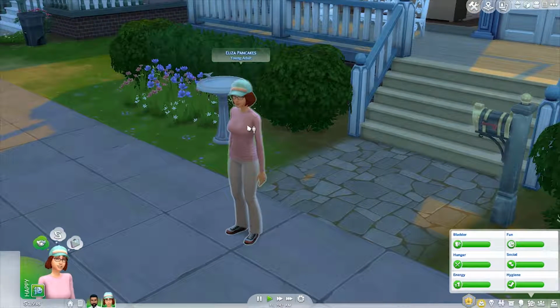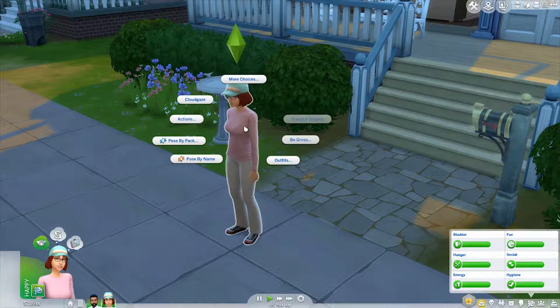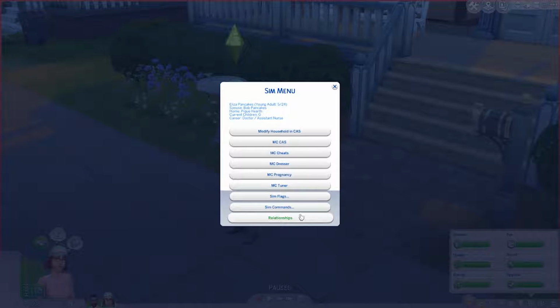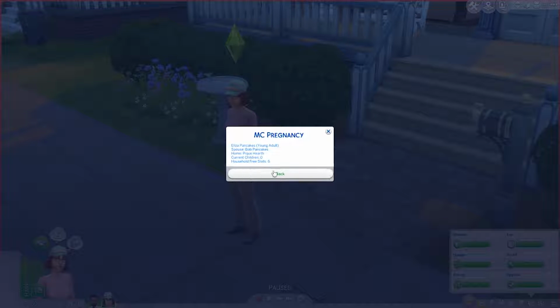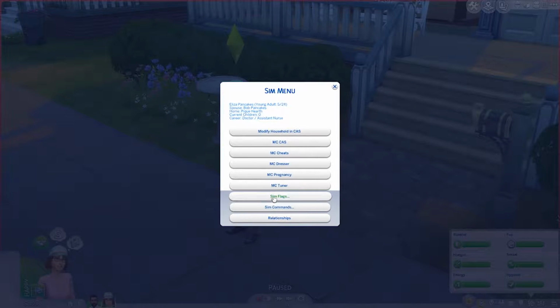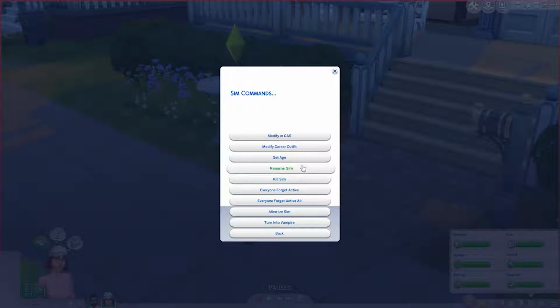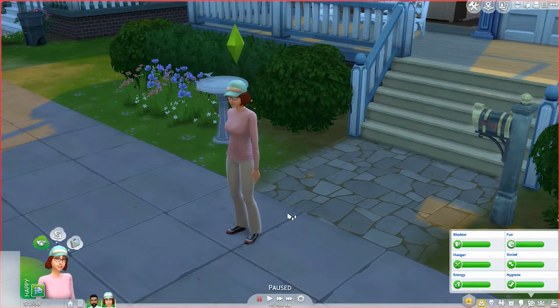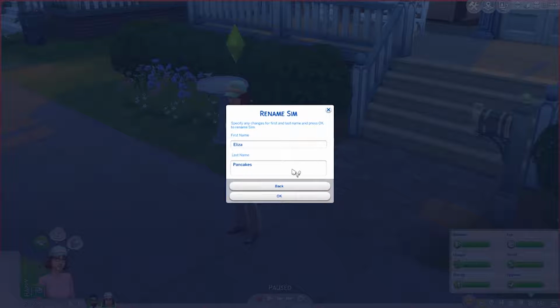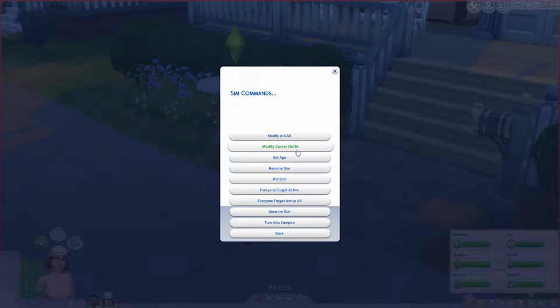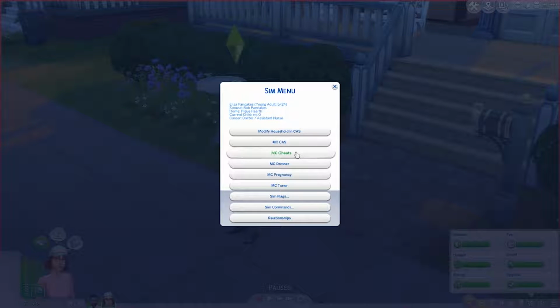What was I saying? Oh yeah, if it's a sim that is able to get pregnant, you can go to MC Command Center, MC pregnancy. That's also how you check if your sim is pregnant. It shows where they live, who their spouse is, how many children they have, if any. And then I'm pretty sure you can set, oh yeah, you can set their age. So if I want to be an elder, I can. You can kill the sim, you can rename the sim, all of that stuff. You can alienize your sim, turn into a vampire,